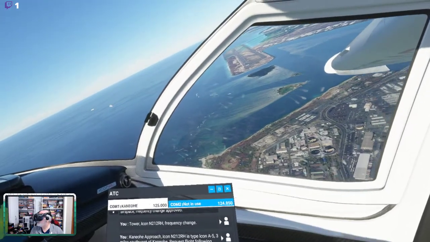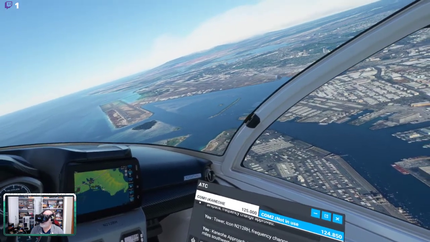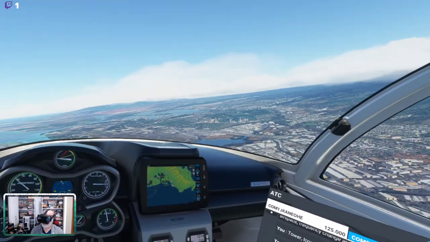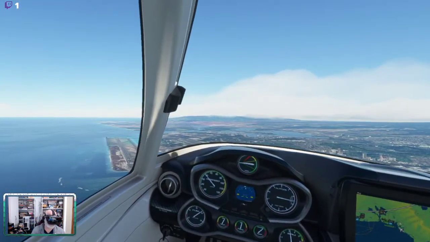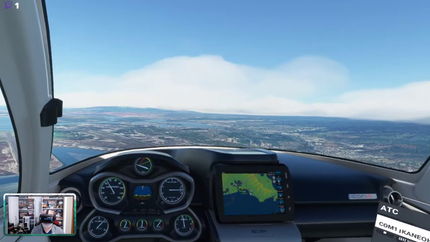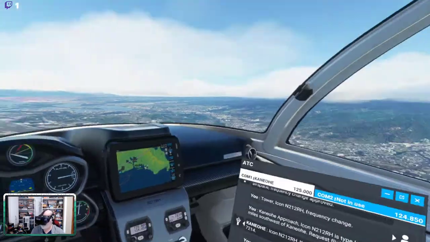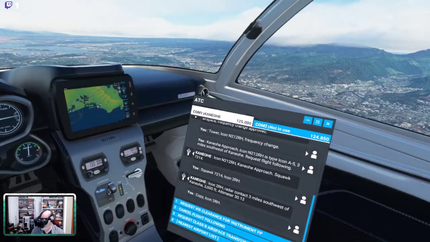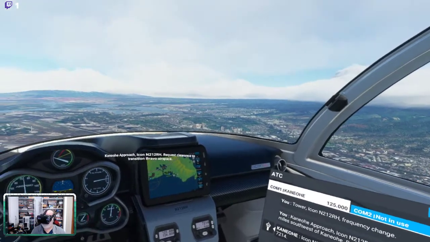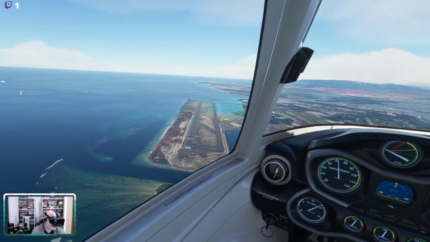Sit over here. That's one of the Pearl Harbor airfields. I think it might be a military base. Not completely sure. And we got Pearl Harbor in front of us. We're going to request transition through Class B airspace, because we're really supposed to ask. Okay, so that's where some of the...